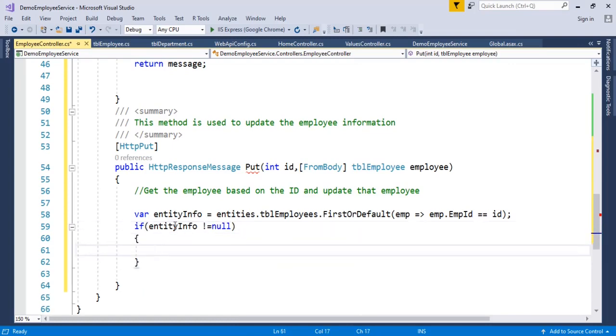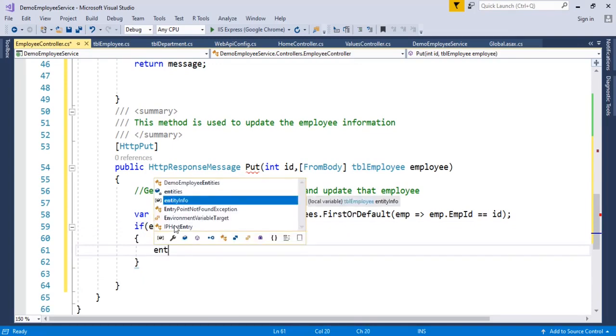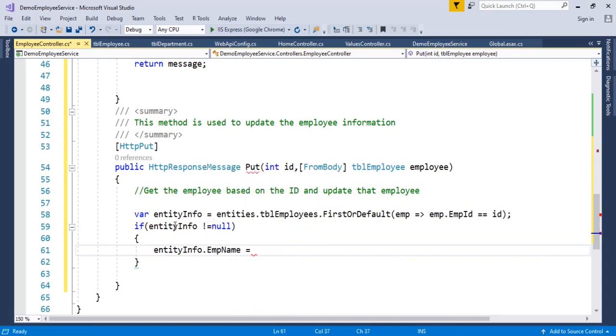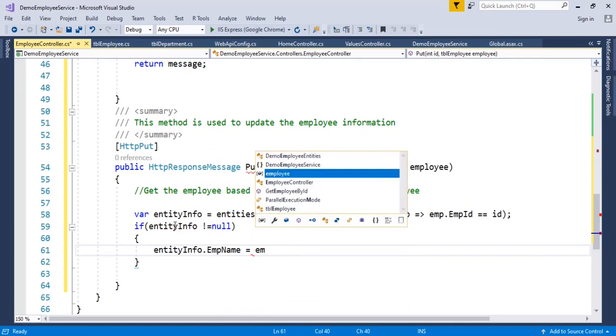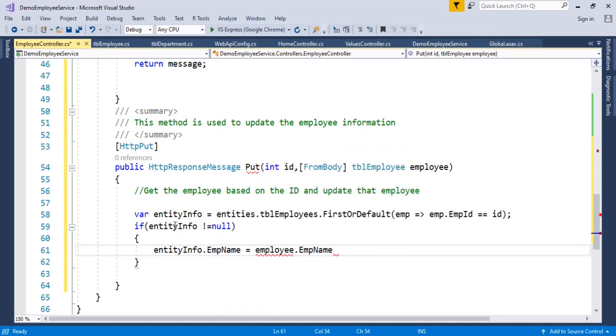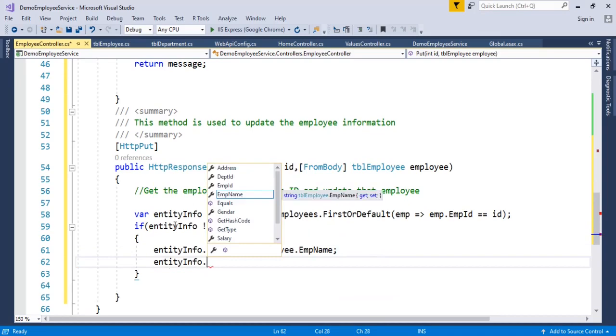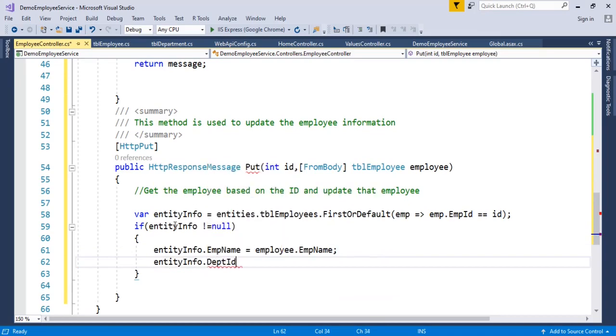So if entity is not equal to null, then entity info dot employee name we are going to set with the employee dot employee name. Entity info dot department id we are going to set the employee dot department id.